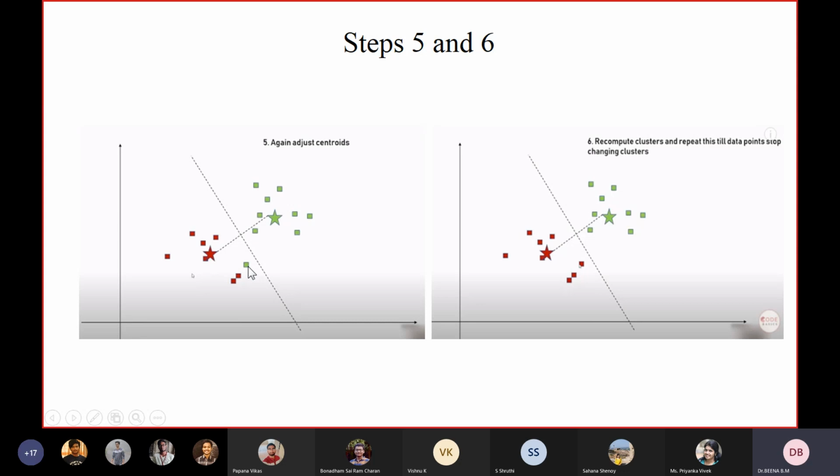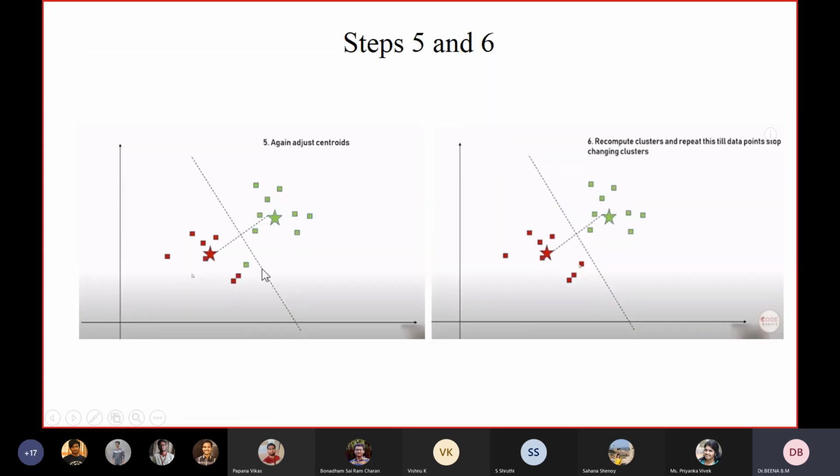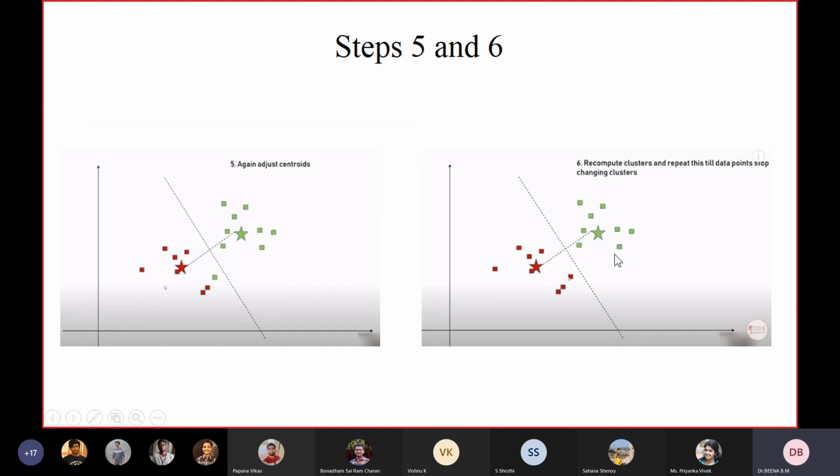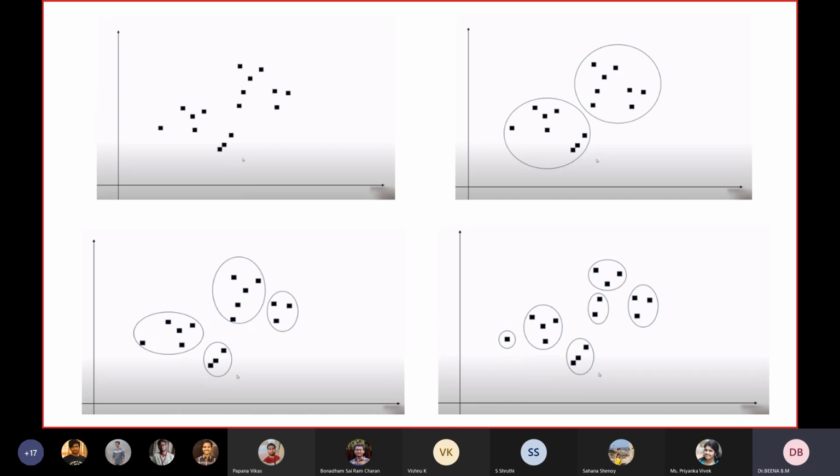Before, this data point was green, and now after recomputing the cluster, it is turning. So you can see how the data points are slowly changing their clusters using this iteration process. Repeat this process until the data points no longer change their clusters. So these are the final clusters and this is the visual representation of the 2 sets of clusters.